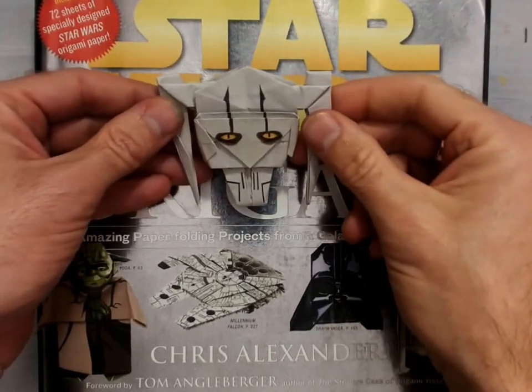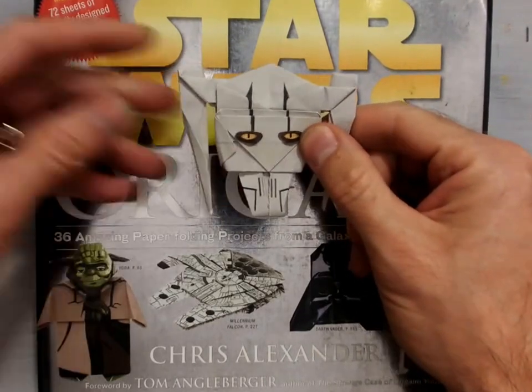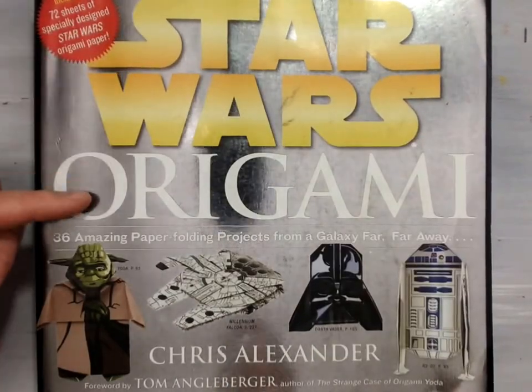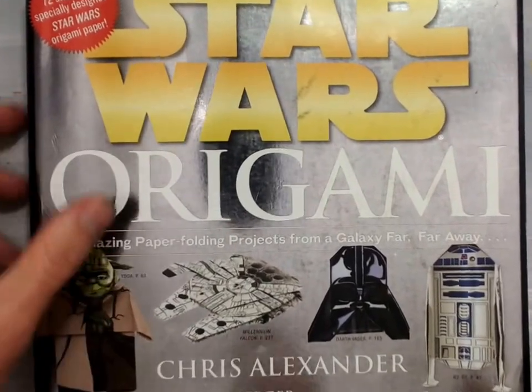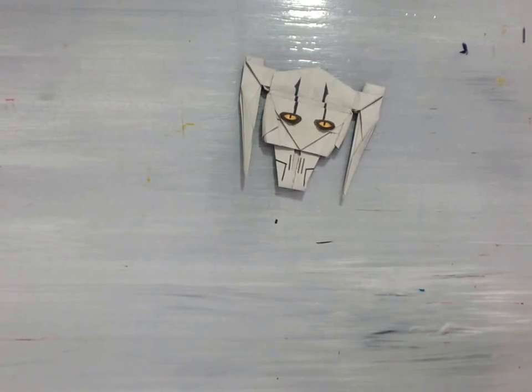Welcome back. In this demonstration, I'm going to show you how to fold the model General Grievous, the designs for which can be found in the book Star Wars Origami by Chris Alexander. Great book with lots of wonderful Star Wars origami lessons in it. Now, this